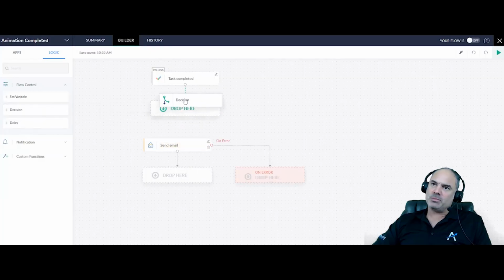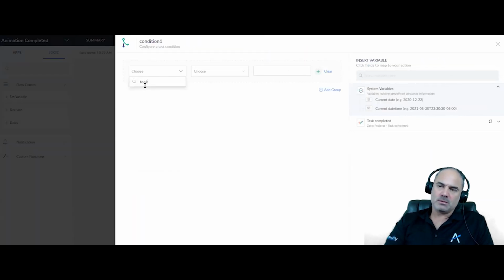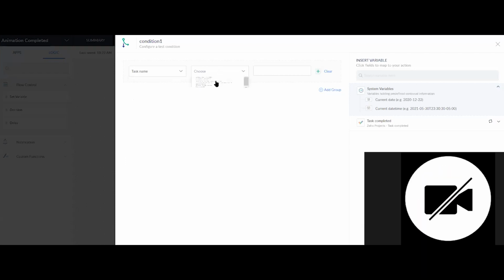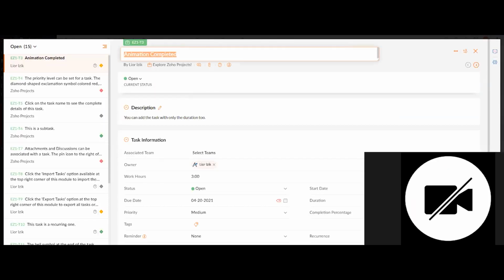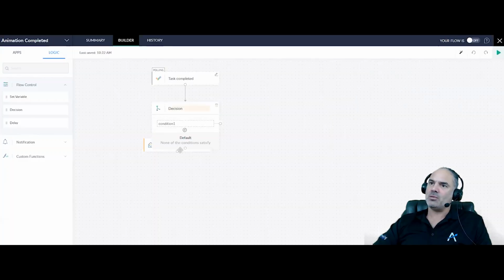So that will be a decision, and the decision will be when the task name equals animation completed. This is how you know to have the email for animation completed.